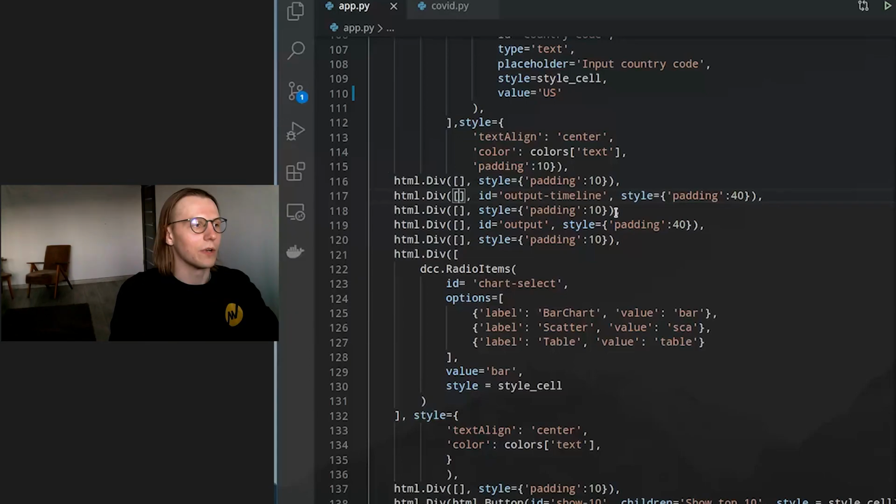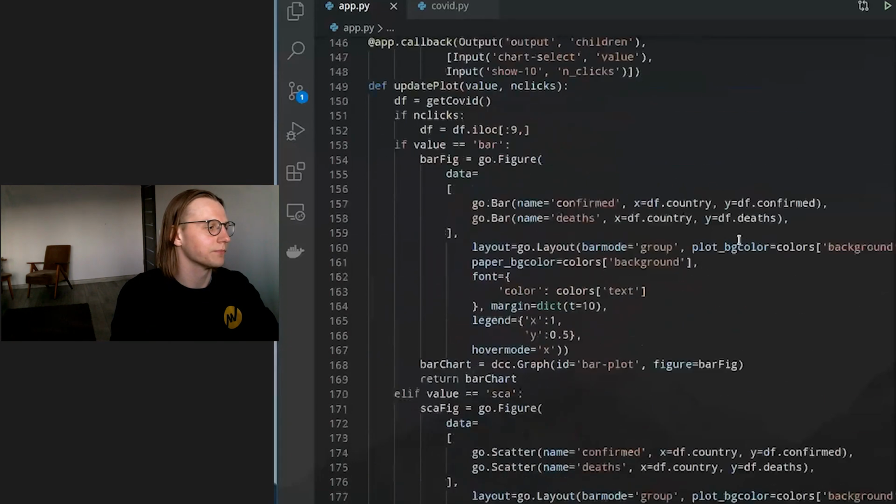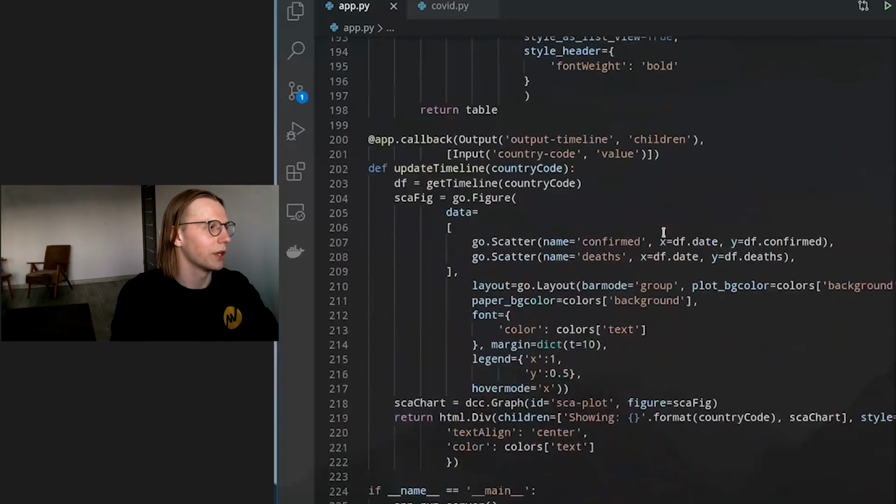So how does this work and why is it empty? Well, most of the dynamic elements that you're gonna use in your app, you're gonna define through callbacks, which are basically just functions to call upon the things you want to show in your HTML div. So for this one in particular, the output timeline, we have a callback at the very end,